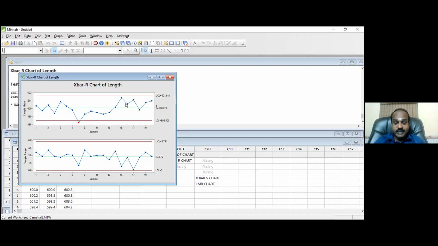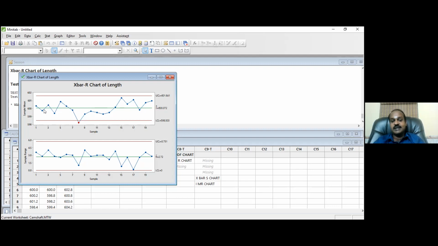Same way, if you gain control over the process, then your boss will expect you to reduce the control limit. If you reduce the control limit, again there could be some outliers. Again, you reduce. Finally, at some point of time, you will see all your outputs falling close to the target value. Do you understand the advantage? So process control leads to process improvement. No control, no improvement. No foundation, no buildings.